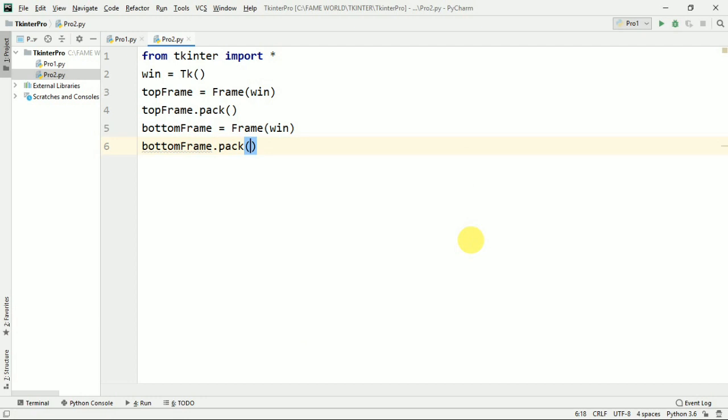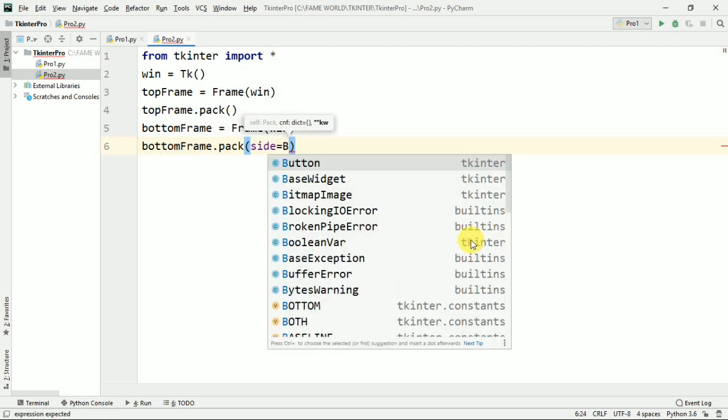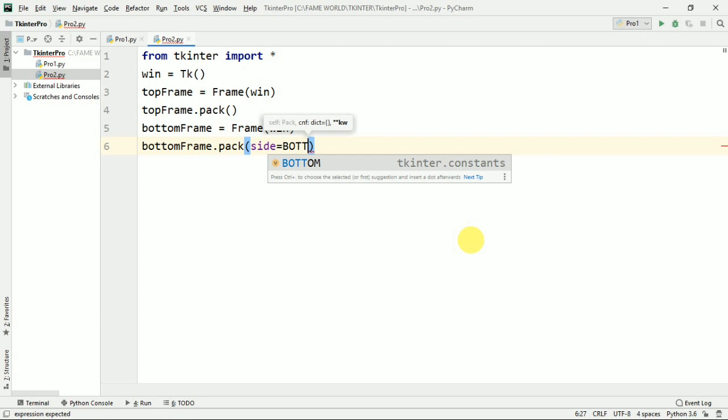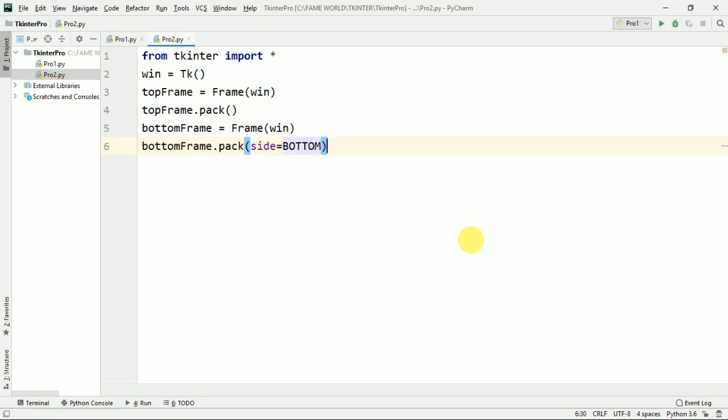So when we pack it, we will use the attribute side, which is an attribute in pack, and the value of side could be BOTTOM, TOP, LEFT, RIGHT, or by default it is center. We have seen it in the last lecture. Here BOTTOM should be written with all the letters in capital. So I have given the side as BOTTOM in the bottom frame, so it will appear at the bottom.